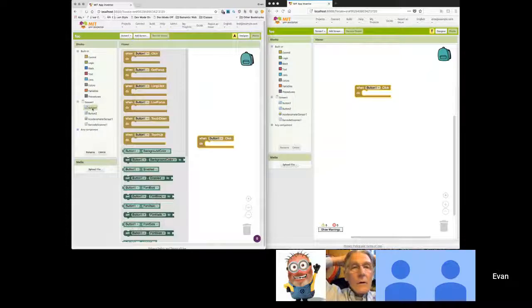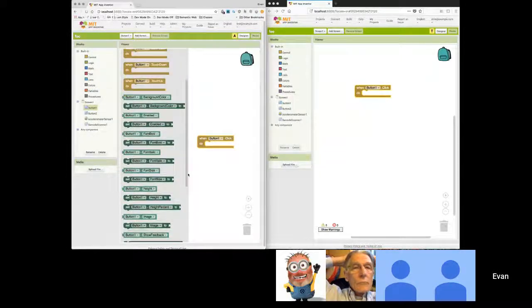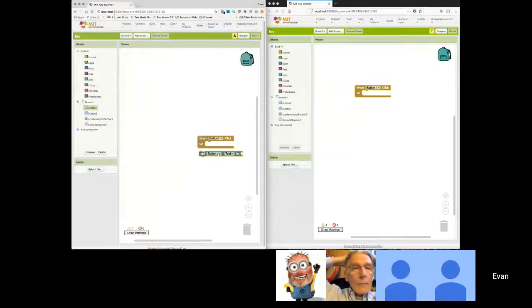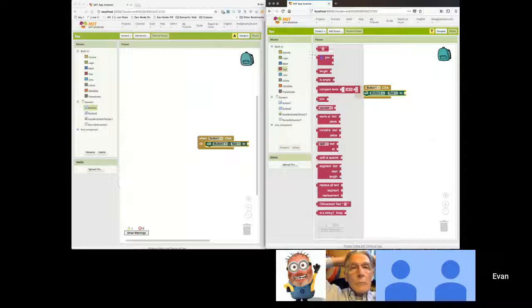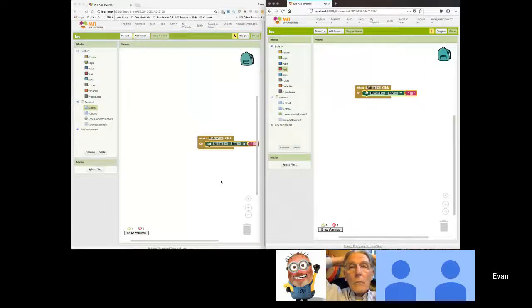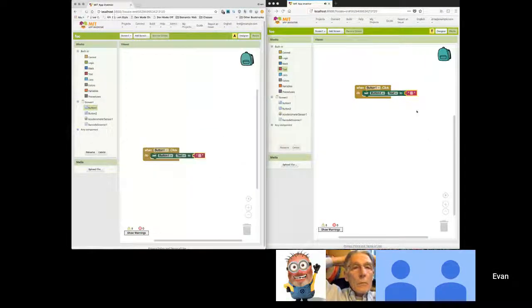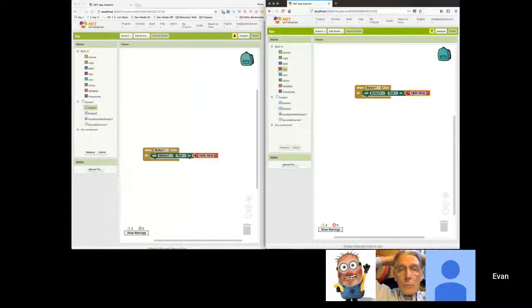But you can see when this user moves things around, they are reflected in the blocks workspace, and you can say set the button text, and then this user could come in and just scroll the workspace a little bit. And so, all of the functionality that you expect in App Inventor is mirrored across the projects or the browsers,